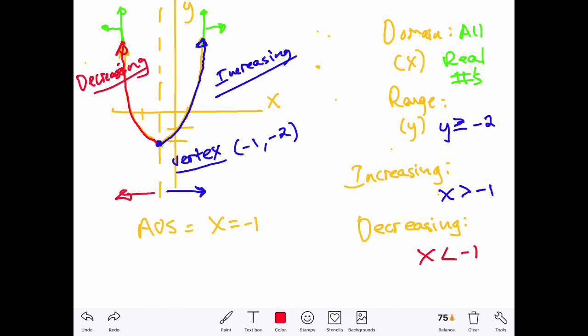Okay, so our domain is all real numbers. Our range is y is greater than or equal to -2 because it will get down to -2 at our vertex here. It's increasing when x is greater than -1, and it's decreasing when x is less than -1. And notice it's neutral at the vertex, neither increasing nor decreasing. Okay,